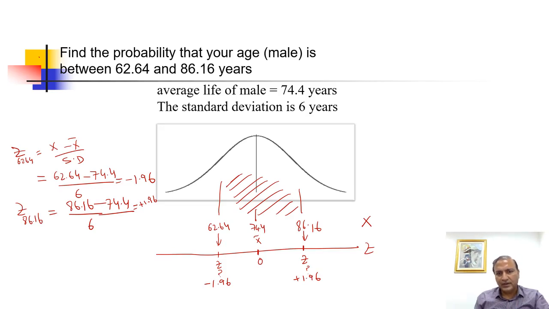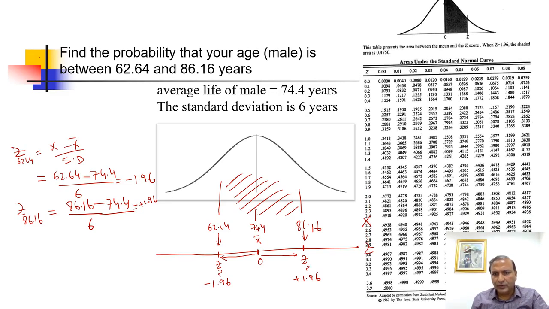And then you see the table will give us the value from this point to this point and from this point to this point. So we just have to go to the table and find the number. If we go, 1.9 is here, and then we go to column number 6, 1.96. So the value is